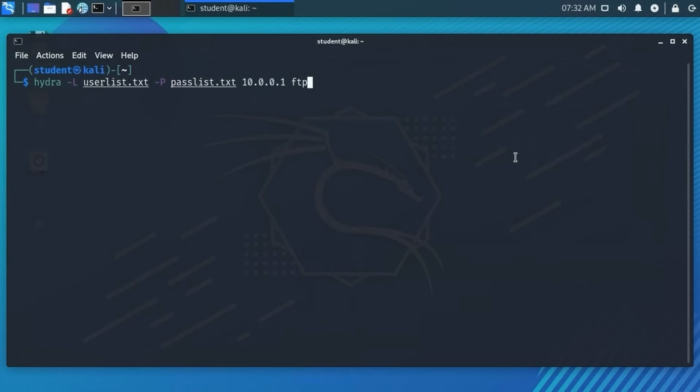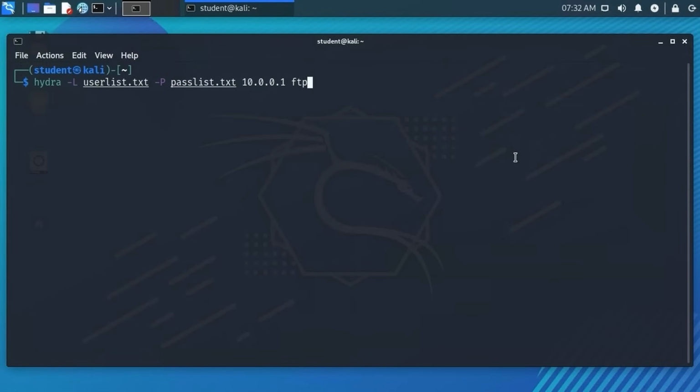I'm going to hit enter here, and there are other protocols. I'm going to demonstrate RDP as well afterwards, but you could also do it for SSL and HTTP, POP3, SMTP, VNC. There's a big list of protocols that Hydra can encapsulate the attack into